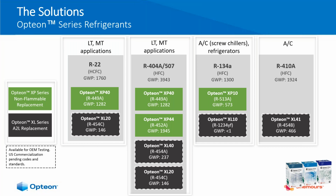Very generally, when looking at what makes sense for your system, especially if you have 404A, 507, 22, the lower the GWP you can go, the more leeway you'll have in refrigerant selection. So essentially 449A, going back to what we were just talking about with the different blend components, 449A really is the lowest GWP you're going to get while maintaining or exceeding the 22 404A performance, and also still being a non-flammable refrigerant. If you want to go lower in GWP, then really you start talking about a trade-off, and the trade-off could be capacity, it could be glide, it could be flammability,